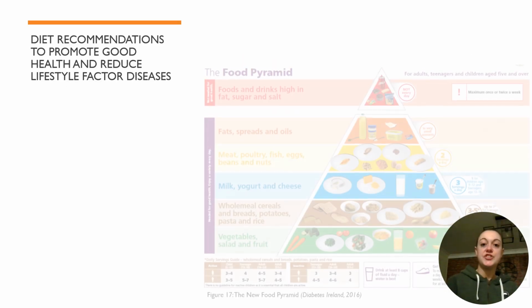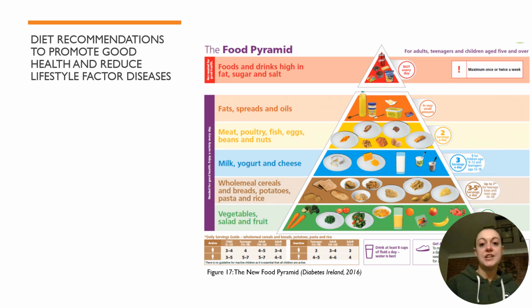Diet recommendations to promote good health and reduce lifestyle factor diseases. A balanced diet can help prevent and lower the risk of various diseases, including heart disease, type 2 diabetes, high blood pressure, and certain cancers, whilst also supporting the overall bodily function. To meet our needs for energy, protein, vitamins, and minerals, we should aim for a varied, mostly plant-based diet whilst balancing our energy intake. We should aim to be obtaining most of our energy from carbohydrates of between 45 and